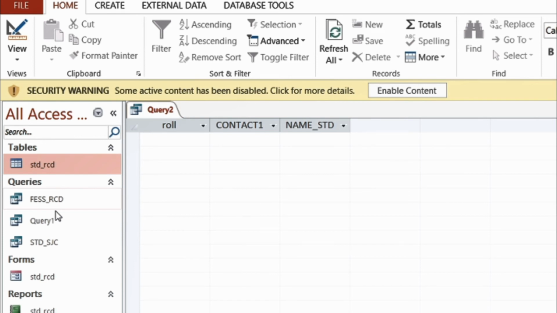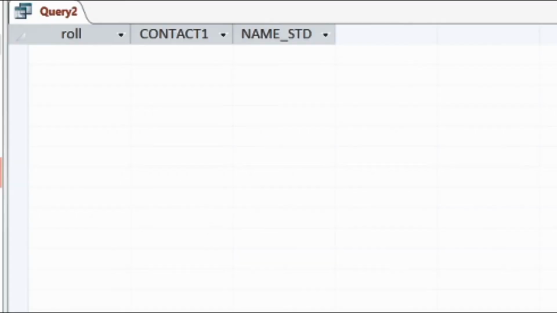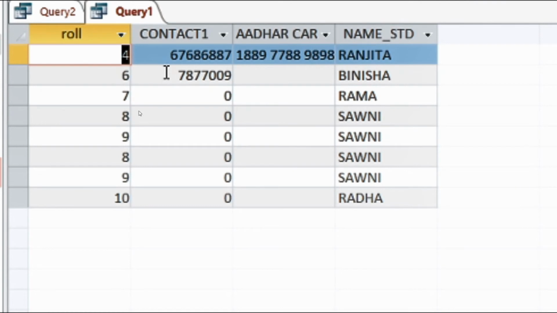Why? Let me show you the table of this query one. See, this is why it is showing no record, because our criteria was to select the roll number 2 out of these many records. It can be 1 or 2, that depends, correct? It is not compulsory that it will show only one record.